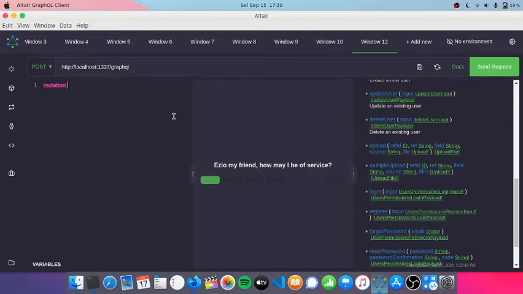So I will name this mutation query single image upload and put a pair of brackets, and then initializing variables. The first one is ref ID, and the type will be ID, as you can see here. The next one is ref, which is string,